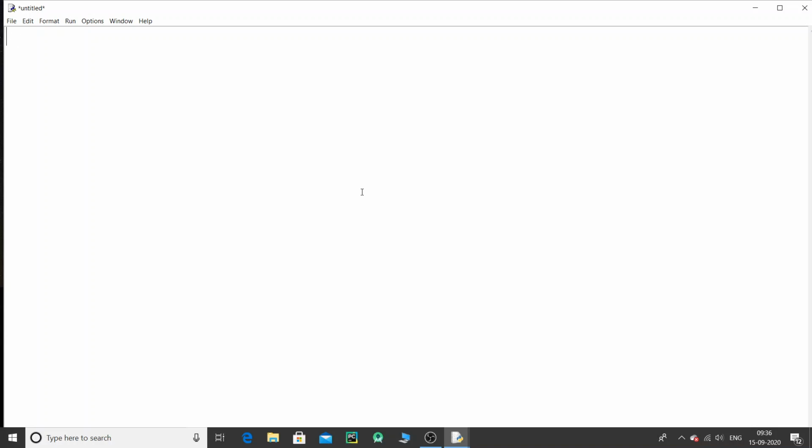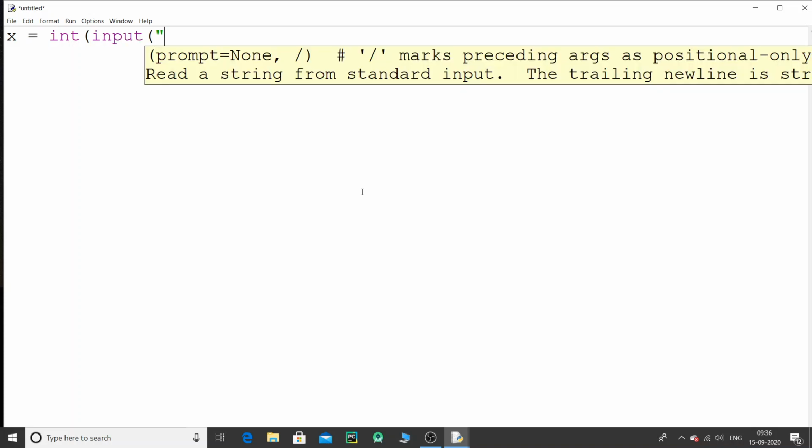So I'm going to say x is equal to int of input. This particular program is about accepting three numbers, and out of the three numbers we need to find which is the max value, which is the min value, and which is the mid value. Max, min, and the mid value. So this is what the program is all about. So I will say enter a number, that's the first number. So I will say enter first number,